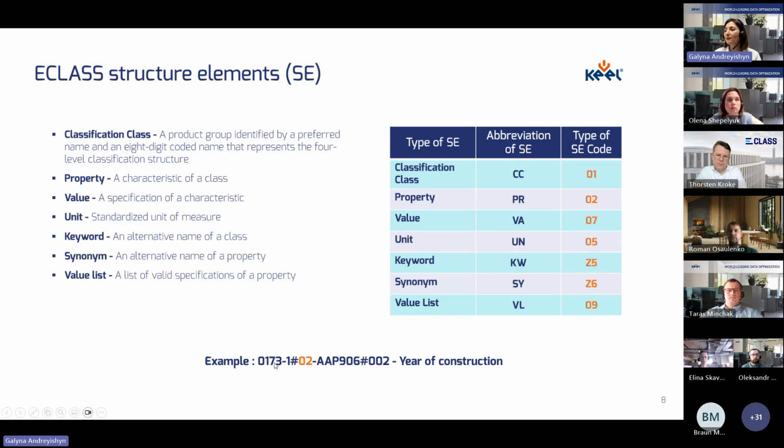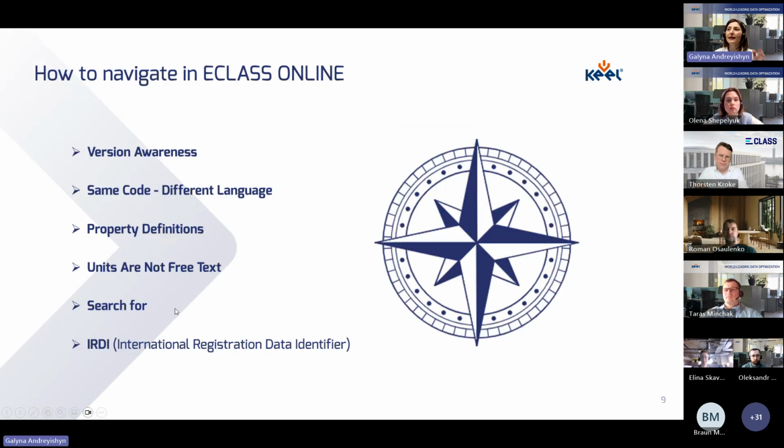So now let's look at the example shown. So here we have year of construction. The code clearly identifies the structure element type. Here we have, in the middle, in this case, it's property, as you can see. So the next one,